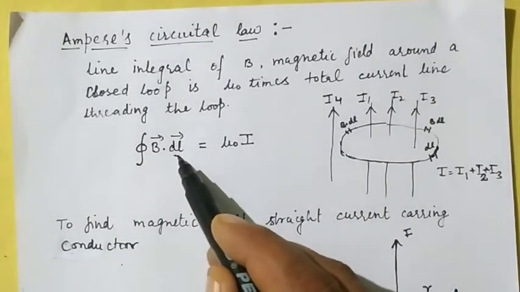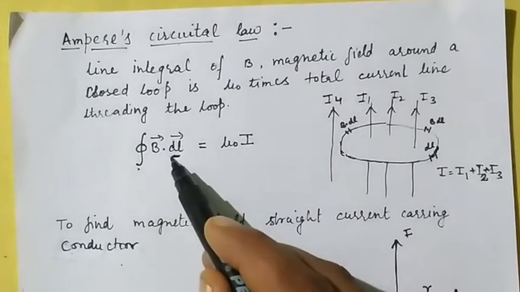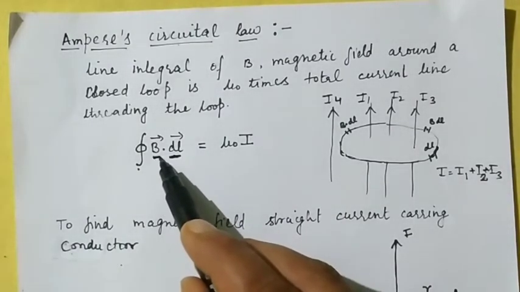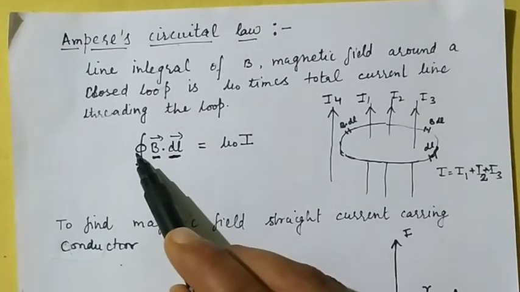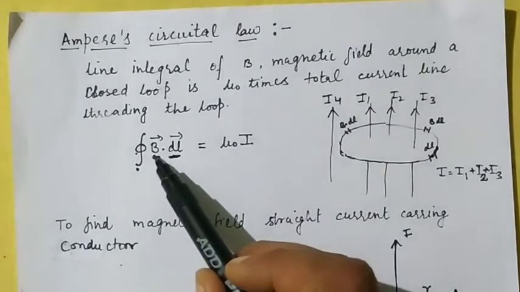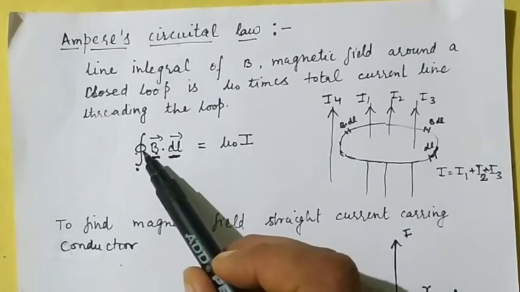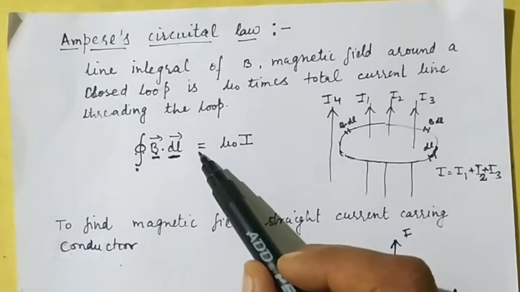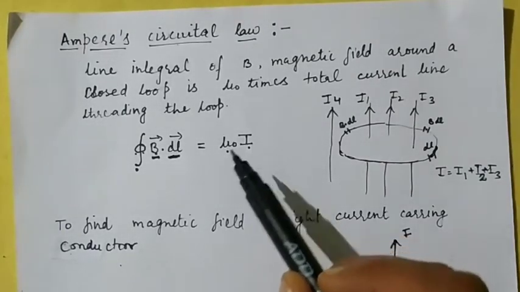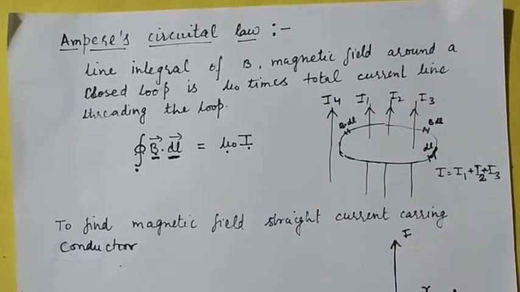The line integral, that is integral B dot dl, of a magnetic field around a closed loop is equal to mu naught times the total current threading the loop. For example,